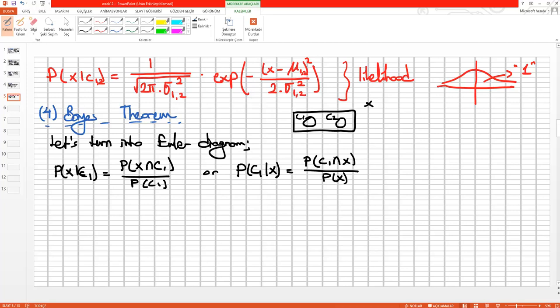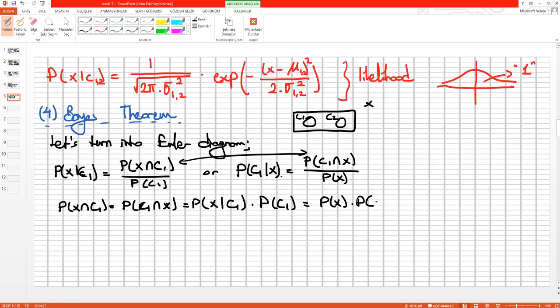And so these two intersection points are equal to each other. If we rewrite the whole equations, p(x|c1) is equal to p(c1 intersection x), which is equal to p(x|c1) times p(c1), and in the other terms, these terms should be